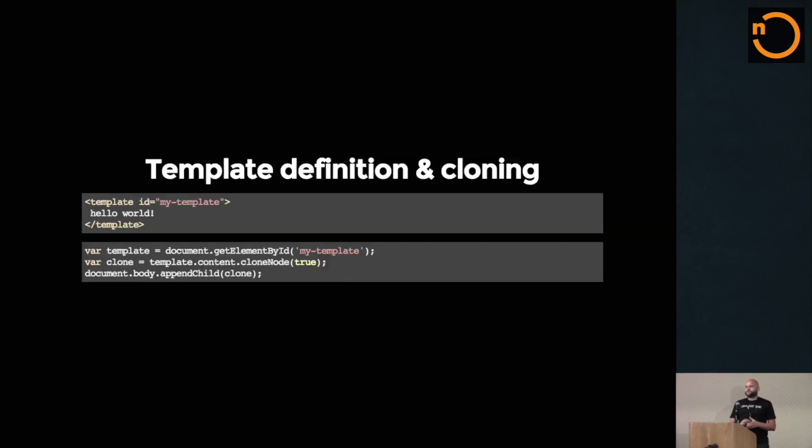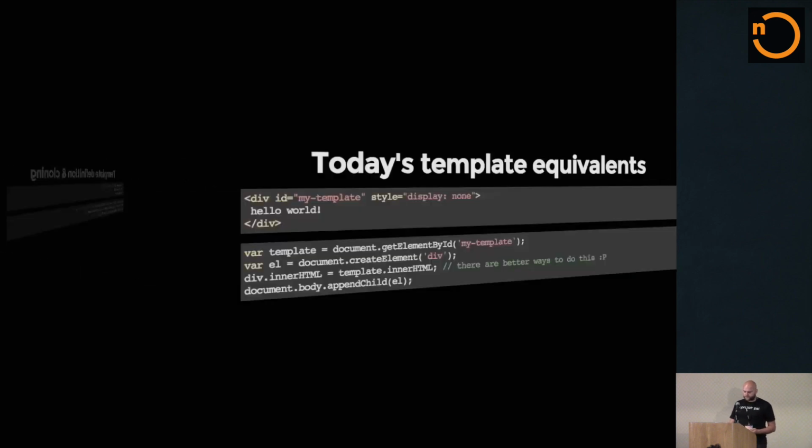You can put any arbitrary markup inside of it, and then you can very easily fetch it out of the DOM, call template.content.cloneNode, and this will create a clone of all the content inside of that template tag, and then you can append it somewhere. And so